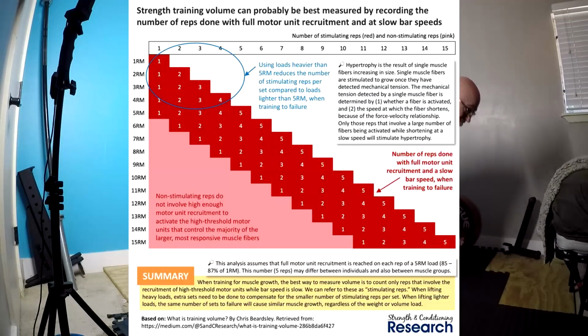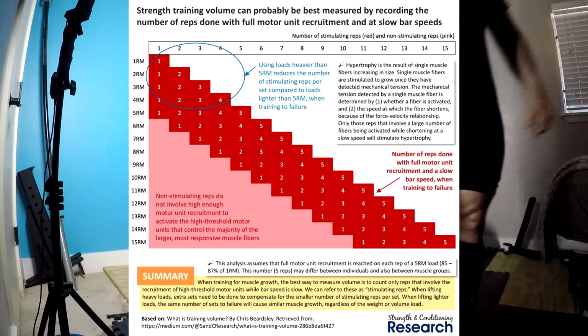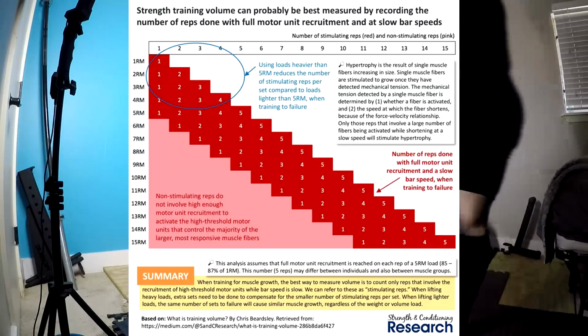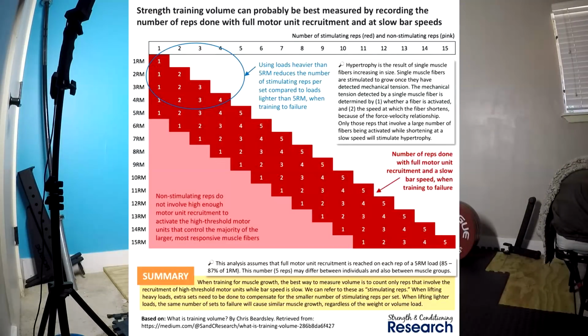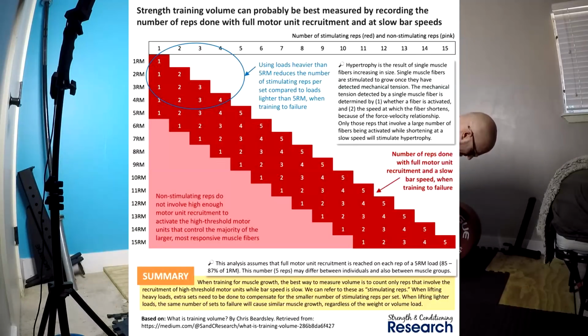You could do that for your program. It doesn't have to be just for me and my personal training. I just use what I'm doing on my squats as an example, using that chart to kind of get in the ballpark of where you're at. And that is how you can also track your total weekly volume as well, if you wanted another way to track it. Right? Another way to track it instead of trying to figure out tonnage,